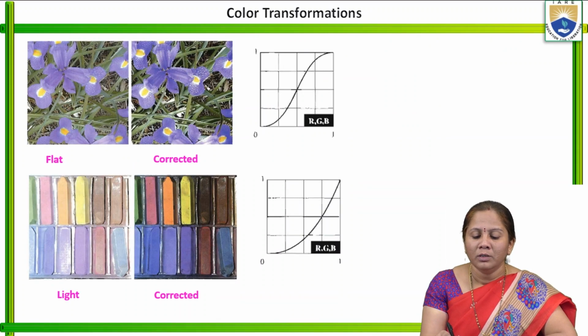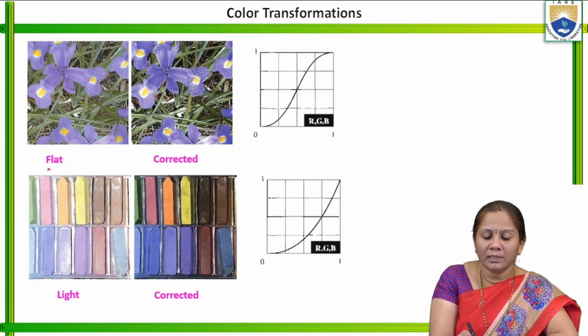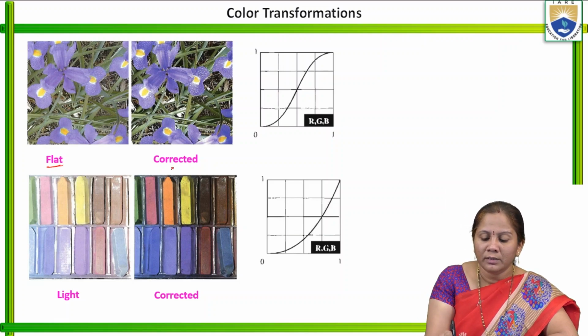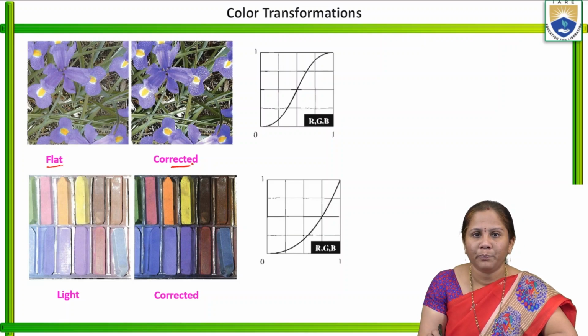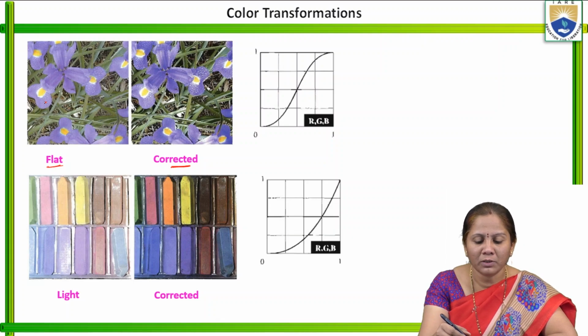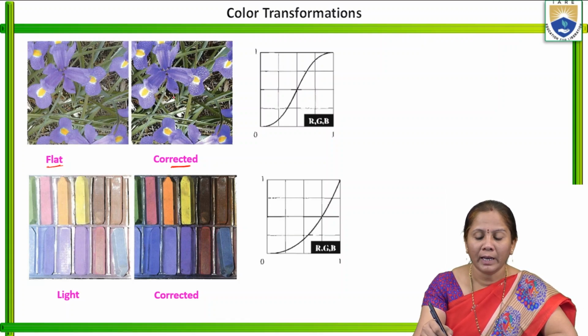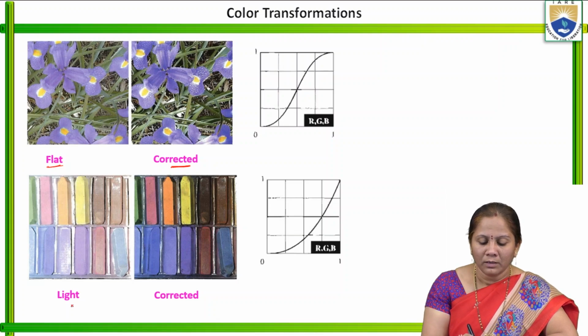Now, we can see here, this is the input image. After applying this color correction, this is the corrected image. Here we can observe the input image. These flowers are somewhat dull, that is the color intensity is low. That intensity is enhanced in the corrected image. Similarly,